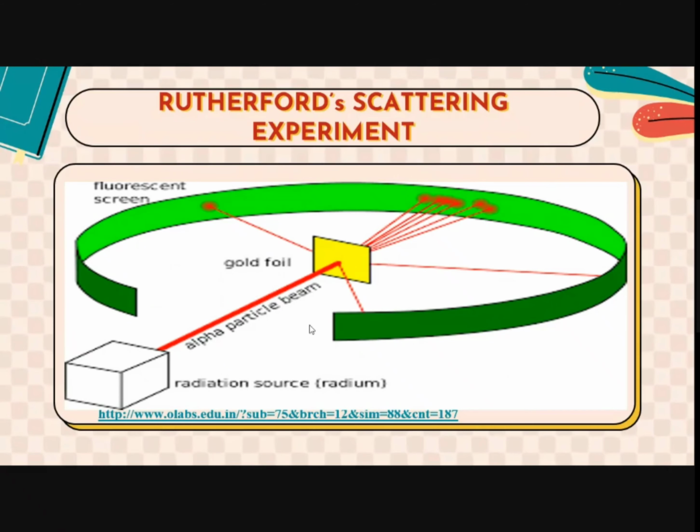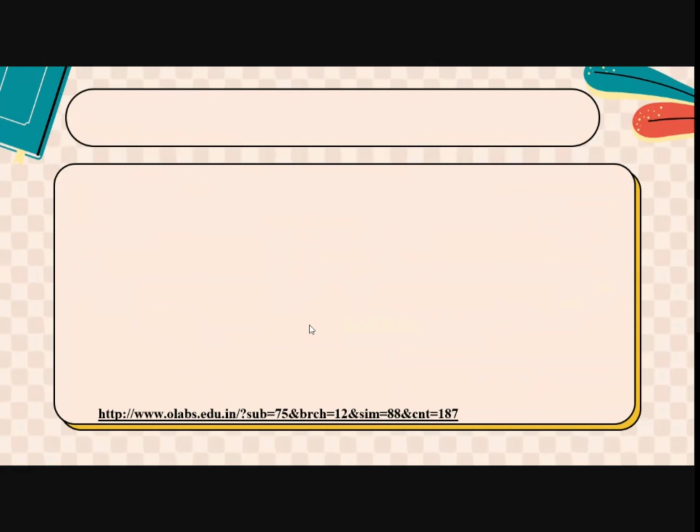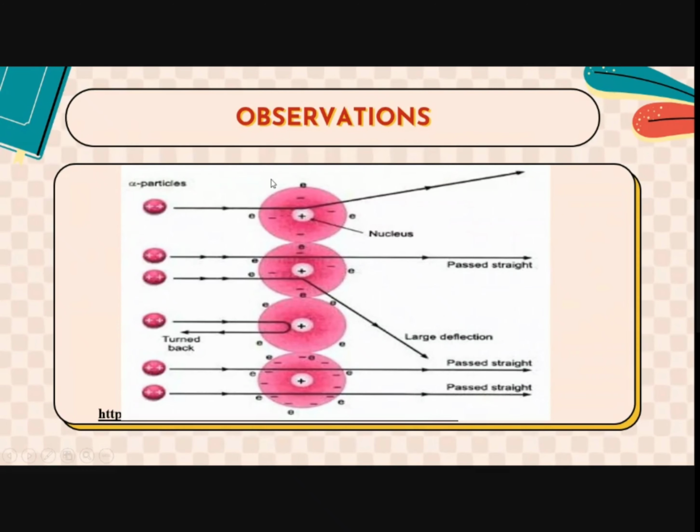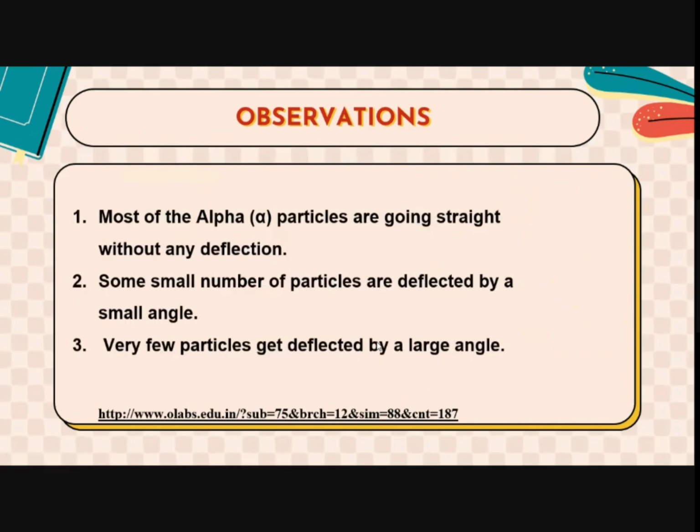Now, what does that mean? To learn about it, let's look further. So, his observations were that this is the gold foil, these are the alpha particles. Many alpha particles passed straight through the gold foil. Some alpha particles deviated with an angle while some just turned back. If you can see over here, this just turned back. This deviated, this passed straight, and these two also passed straight. So many of them passed straight. Okay, so these are the three observations that I just said.